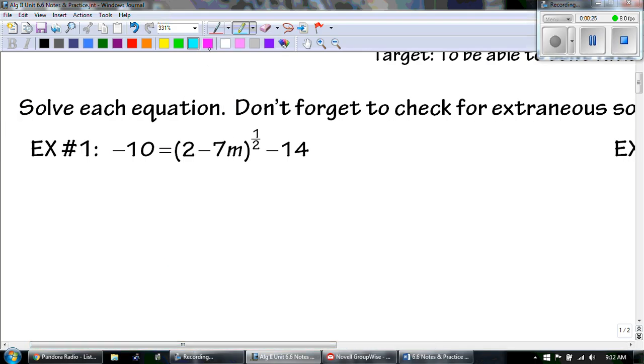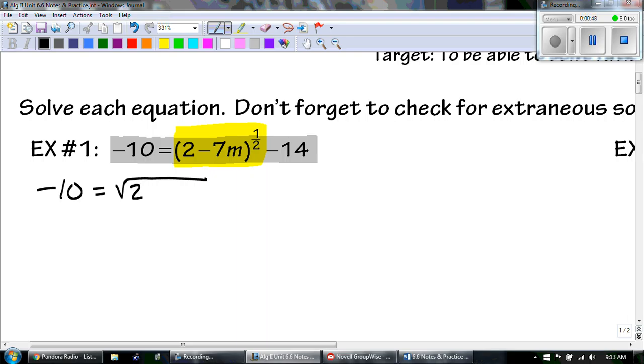So, number one, we got negative 10 equals the parentheses 2 minus 7m to the 1/2 minus 14. So the first thing that I'm going to do is take this 1/2 and rewrite it in radical form. So we're going to have negative 10 equals, 1/2 is really just the square root of 2 minus 7m, minus 14. And I'm going to solve this using